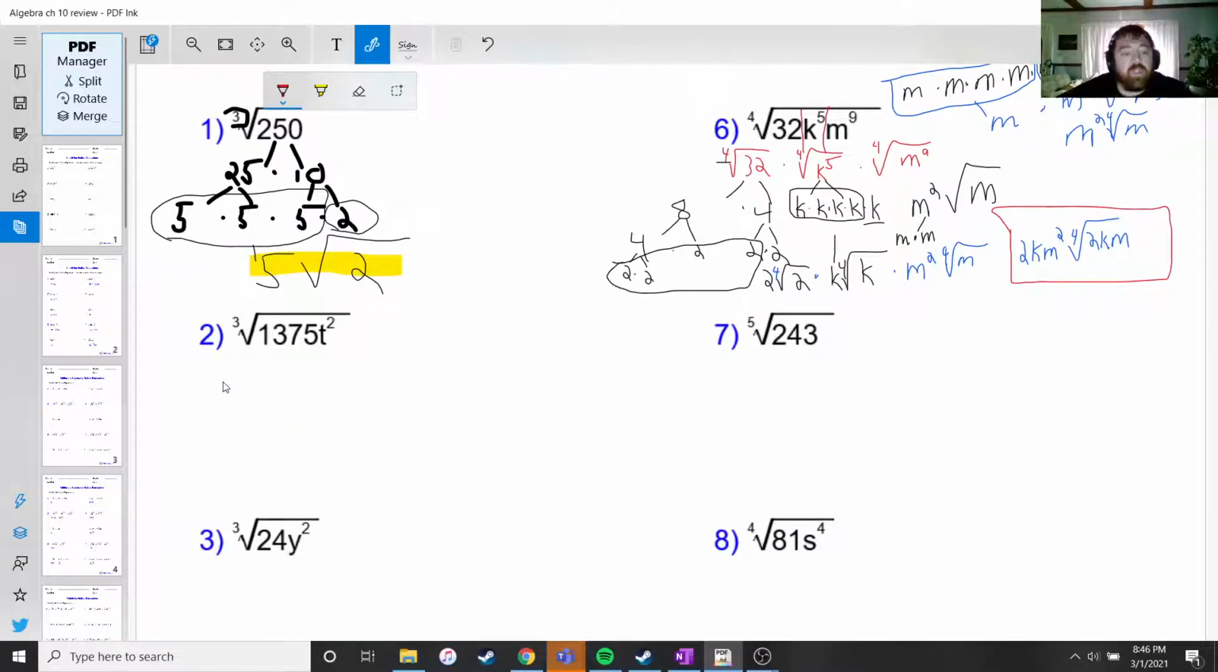Alright, 1,375 t squared. So first off, we know that in our final answer, the t squared is going to still be there because the exponent for t squared is less than our root. But let's look at 1,375. What are two numbers that multiply together to get to that? Well, we've got